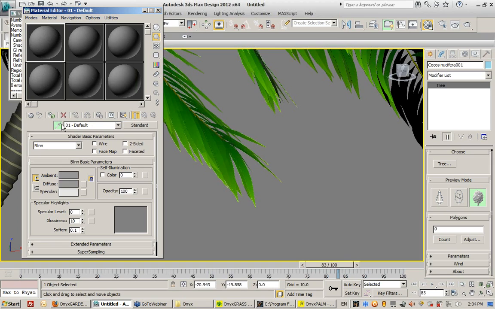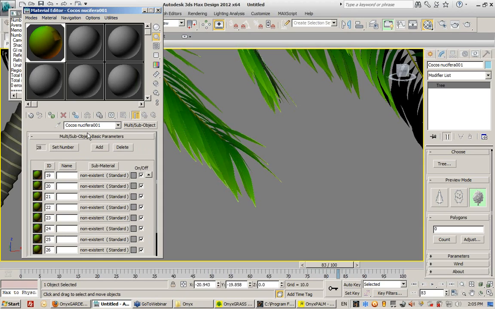So if I go into the material editor, pick this material off of the tree, notice that it comes in as a multi-sub-object material. So this object is comprised of many different elements and many different sub-materials. So notice if I scroll through here, sub-ID 1, 2, 3, trunk 1 is set to material ID number 2, trunk 2 is for 3. The leaf of this object, I believe, is 9. Yep, leaf number 1 is 9,